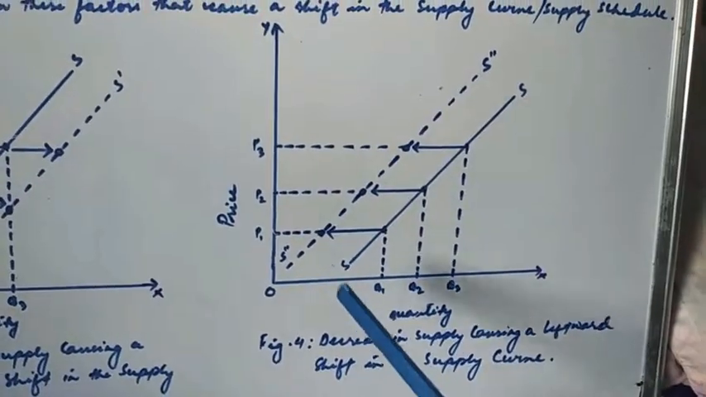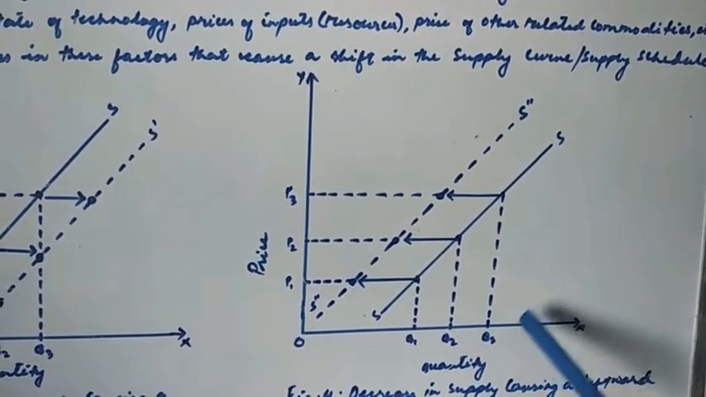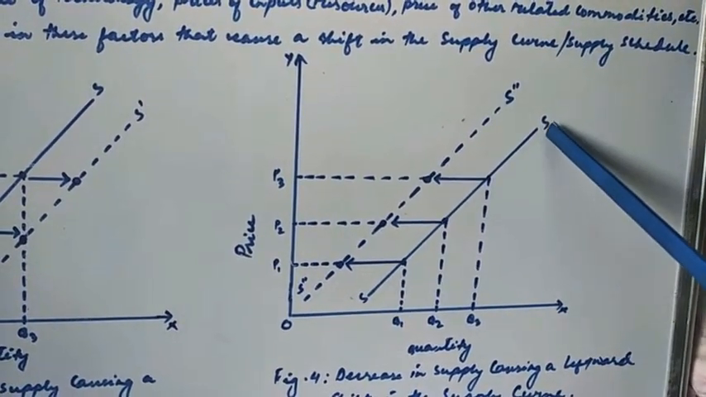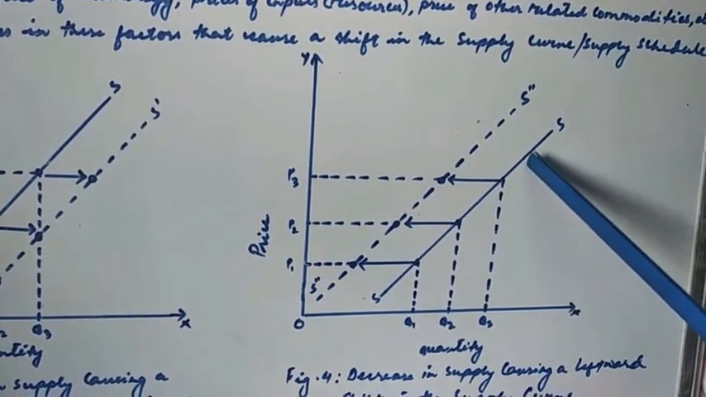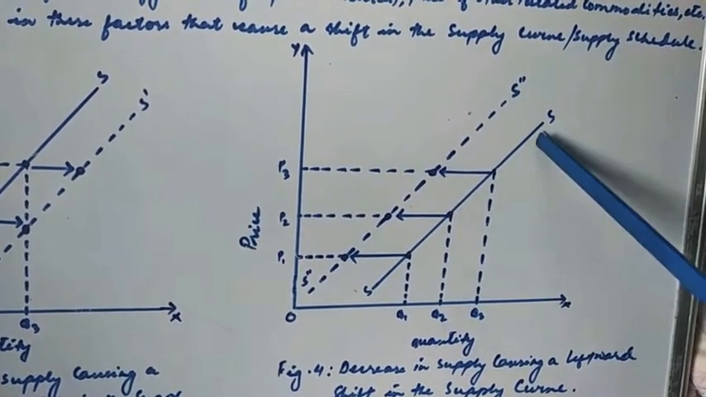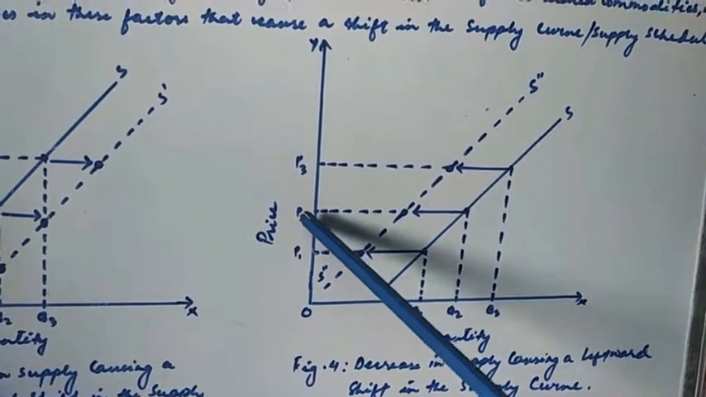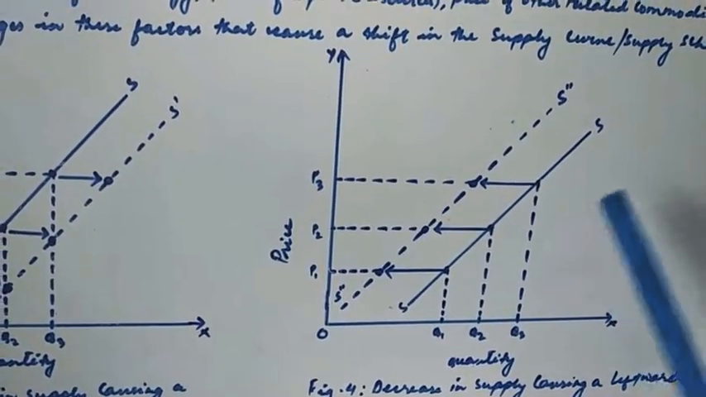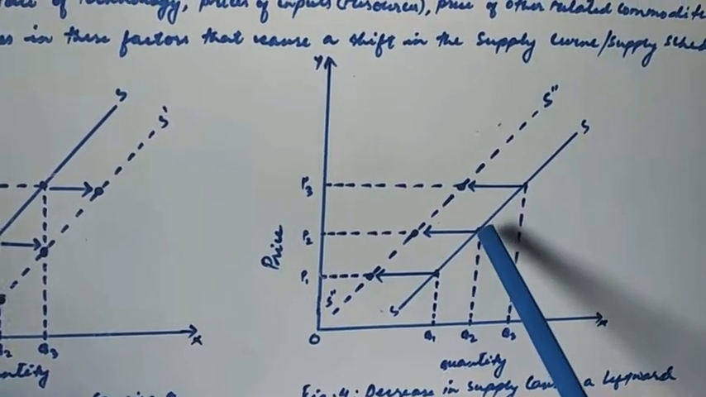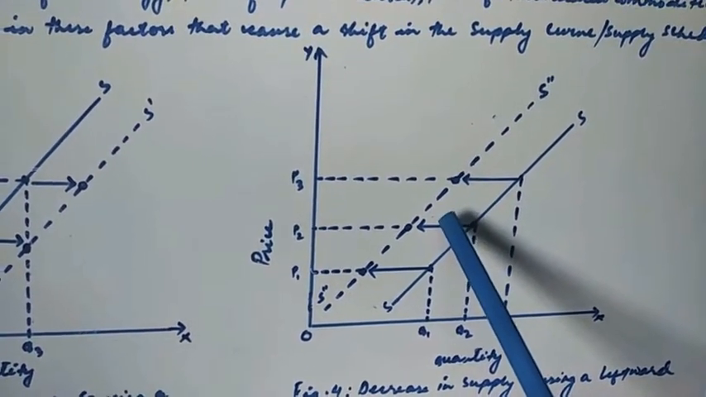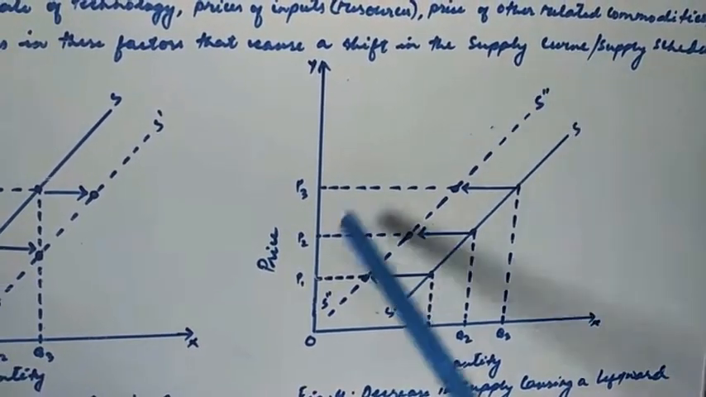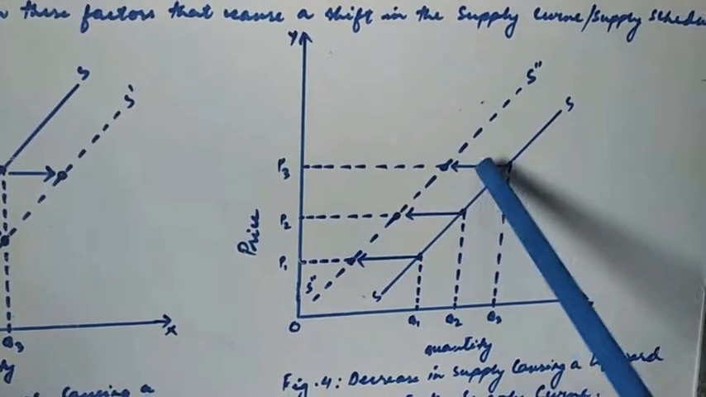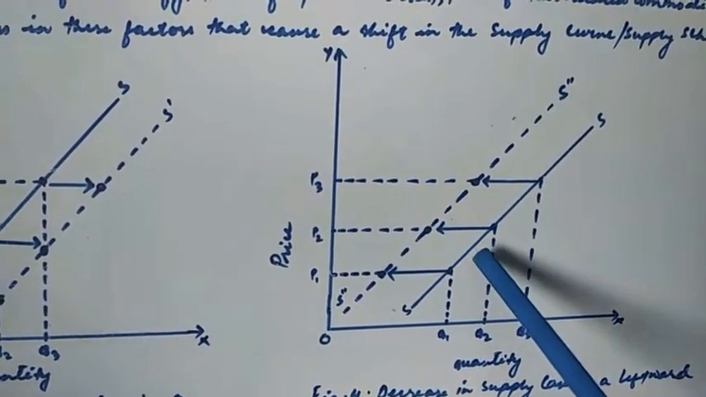In this figure number 4, as a result of decrease in the supply, the original supply curve is SS, and then the supply curve has shifted from SS to S' S'. So it has shifted towards the left. As a result of decrease in supply, the supply curve shifts to the left from SS to S' S'. As shown by this arrow mark, at prices such as P1, P2, P3,